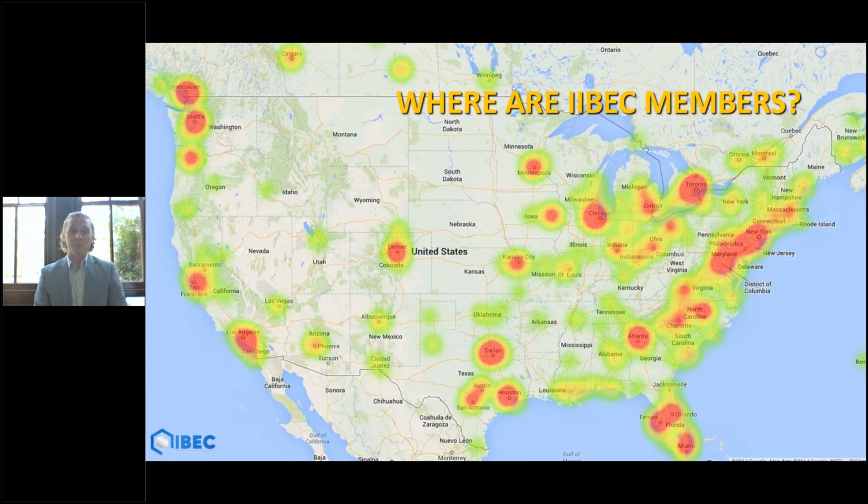And oftentimes when our team is looking to identify where a new chapter or branch should be created, we use a map like this to say, oh, there's an emerging group of new IIBEC members in a city that's not currently served by a chapter. Maybe we should consider reaching out and creating a chapter. So knowing where our IIBEC members are located is very, very important. Using this data to structure chapters and to host events is also very important.